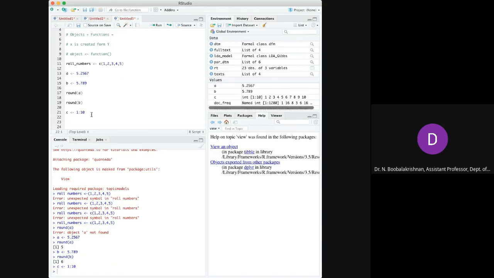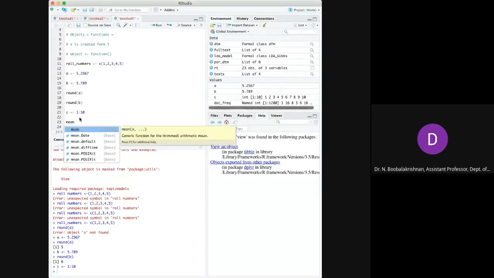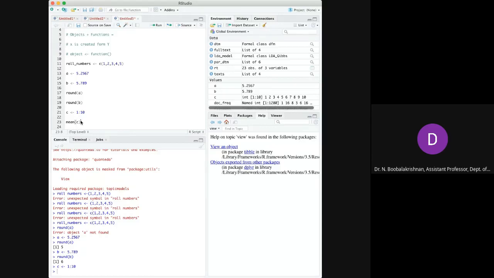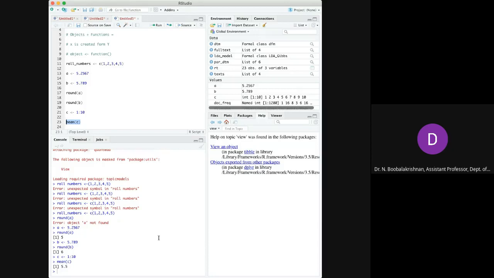If you want to find a function, say a mean value, for example mean of C. The mean of C is 5.5. So we can get the mean of a series of numbers with the mean function. We can pass our variable A or B and get the mean for that.